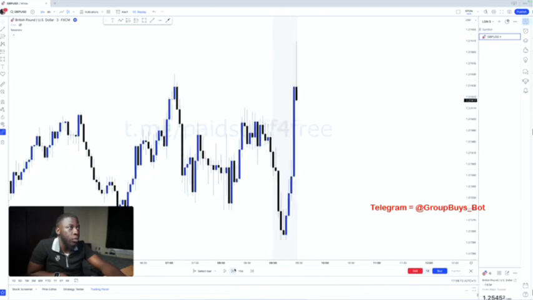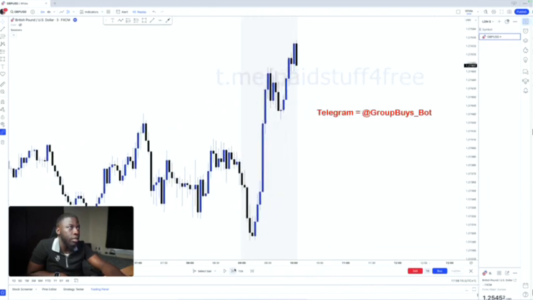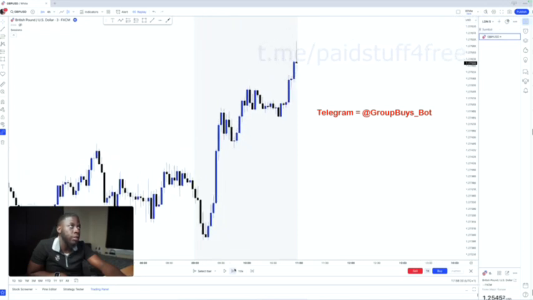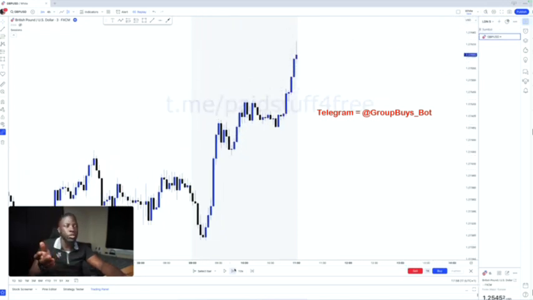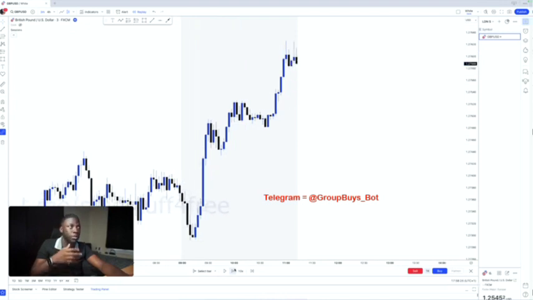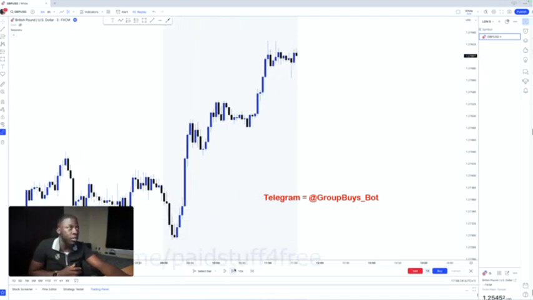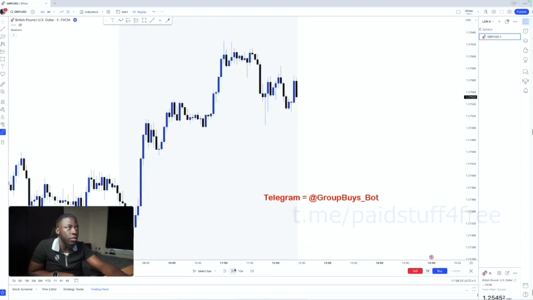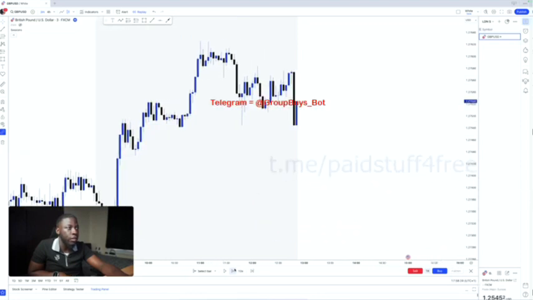Let's just see what we can get. Pushing up nicely. Okay, we've got break of structure now. Now we're just looking for a zone. So systematic. You try to find a change of character if it's there. Break of structure if it's there. Have you got a valid demand zone if it's there, or supply zone? Then that's about it. If they don't give you any of those, you're not doing anything. You're just sitting on your hands. Right now, nothing. It's past 12